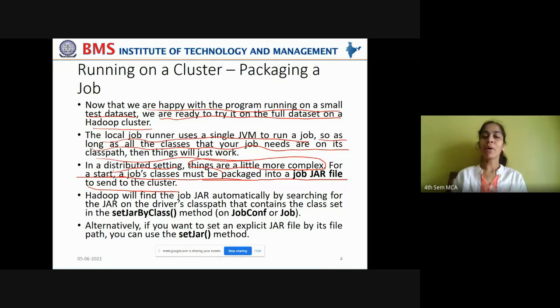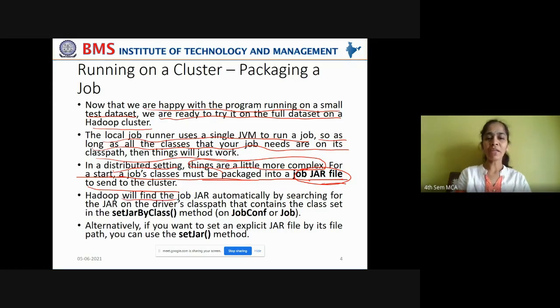Now that job has to be packed into a job jar file, a Java archive file, in order to send it onto a cluster, so that it can be picked up by the task trackers once the task is scheduled by the job tracker, in order to execute the processing task, right? So you have to convert a job into a jar file. That is very much essential to send your job from your local machine onto a cluster.